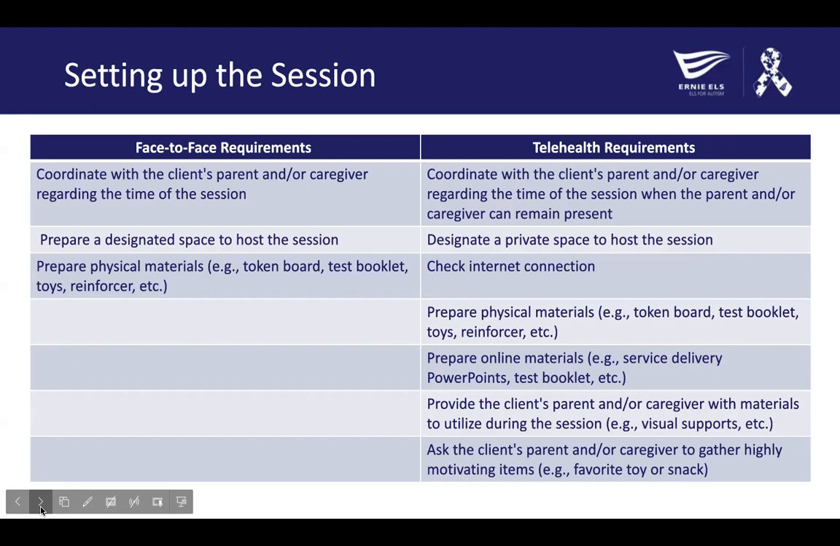In preparation for a session via telehealth, a speech-language pathologist will coordinate with the client's parent and/or caregiver regarding the time of the session when the parent and/or caregiver can remain present, designate a private space to host the session, check the internet connection, prepare physical materials such as a token board, a test booklet, toys, or reinforcers, prepare online materials such as service delivery PowerPoints and test booklets, provide the client's parent and/or caregiver with materials to utilize during the session like visual supports, and ask the client's parent and/or caregiver to gather highly motivating items, such as a favorite